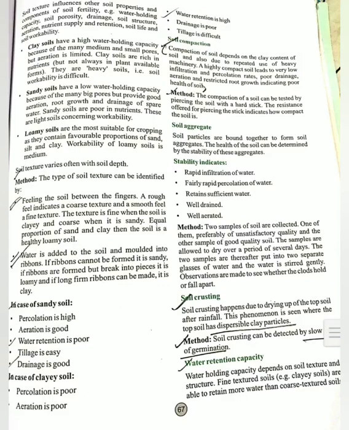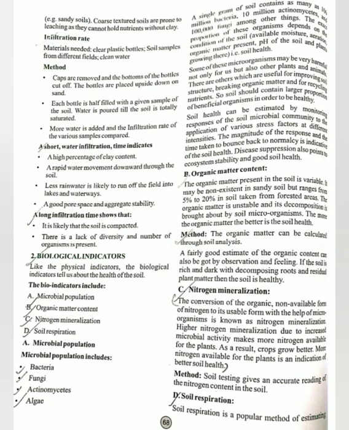And as I've told, water retention capacity means the ability of the soil to hold water. So, clay soil can hold more water than the coarse textured soils. Next is infiltration rate. They are of two types, a short infiltration time and a long infiltration time. In short water infiltration, the water moves rapidly downward through the soil, which means there is good pore space and aggregate stability. Whereas a long infiltration time shows that the soil is compacted.